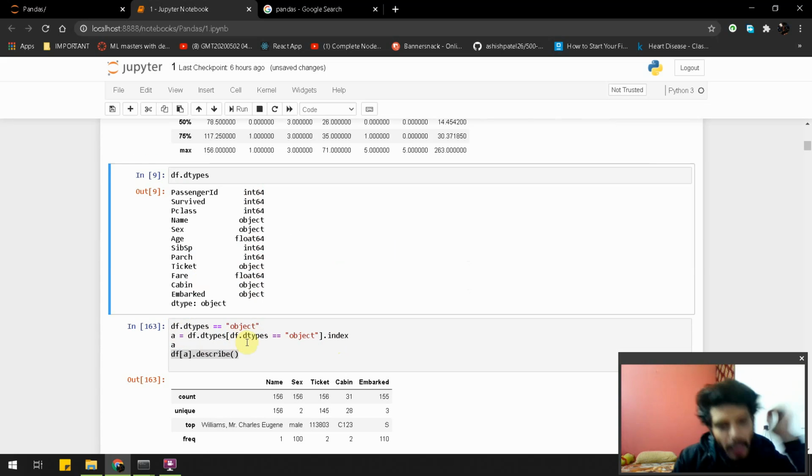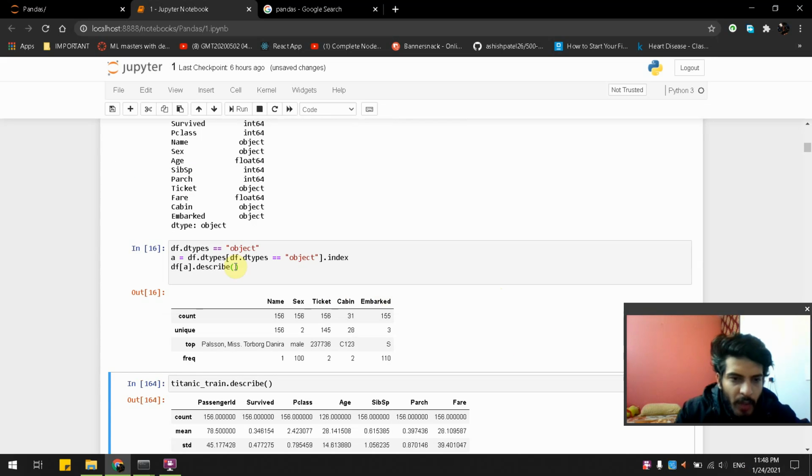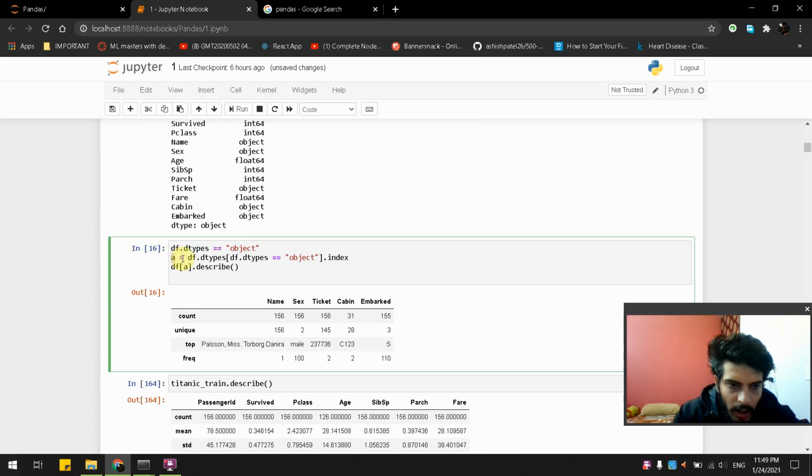Now you can see we have df.dtypes, where we will have data types as object. We are going to take it in another variable.